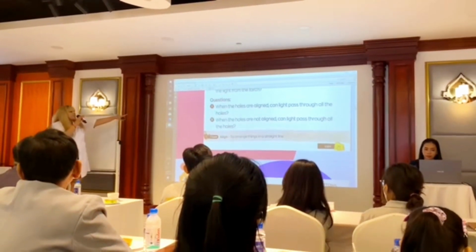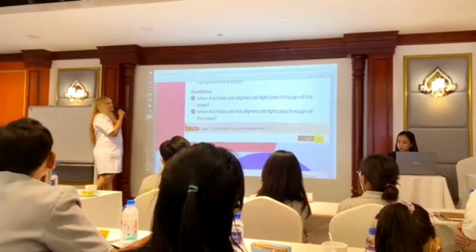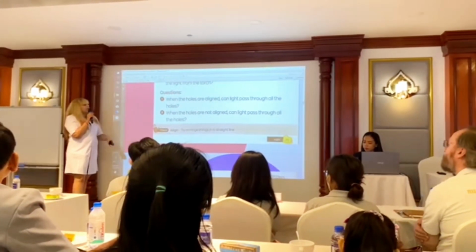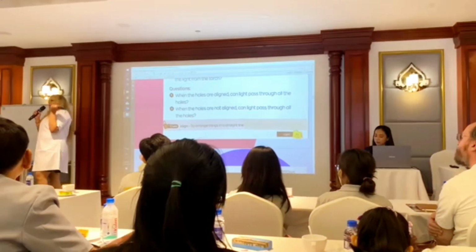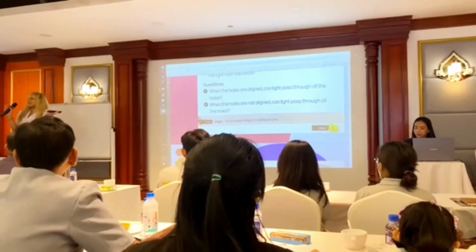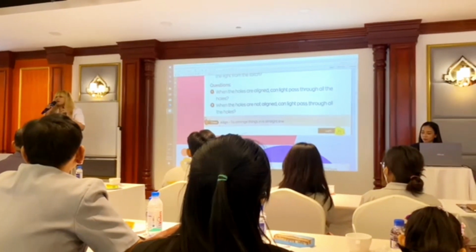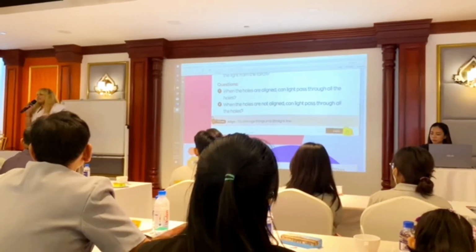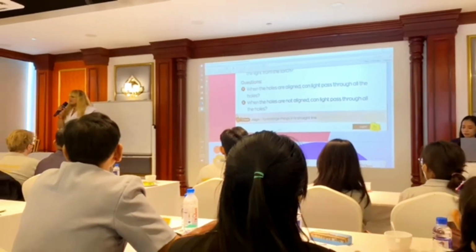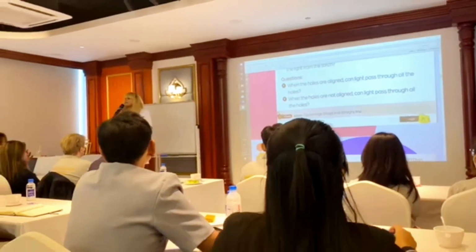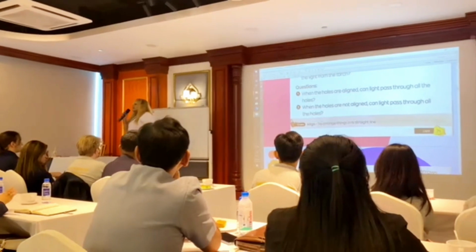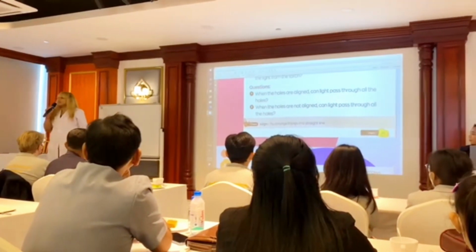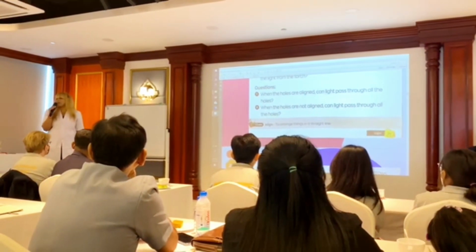So we also have questions here where we can actually, when the holes are aligned, meaning they're all in a straight line, can light pass through the holes? So we have explained that light moves in a certain direction, but now we're actually trying to evaluate if they comprehend the concept, right? We presented the facts, but now we're evaluating. Instead of asking, do you understand the lesson? Which most times, even if they don't understand, they're going to tell you, yes, because they want to look smart, they want to look cool.